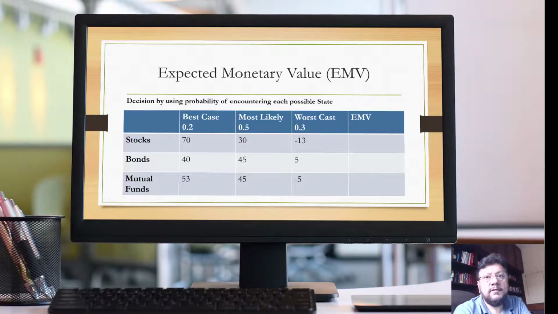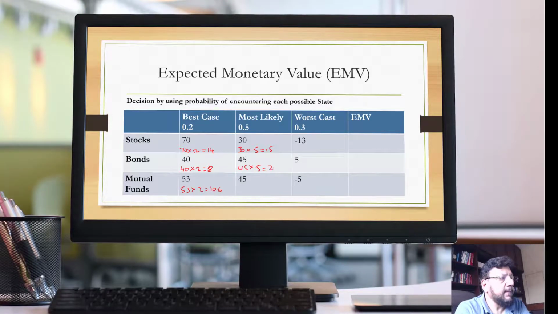So now we use these weights, instead of doing an average, we do a weighted average. So it would be 70 into 0.2, that gives us 14, and 40 into 0.2, that gives us 8, and 53 into 0.2 would give us 10.6. And here, we multiply the weight, so it will be 30 into 0.5, that's 15, 45 into